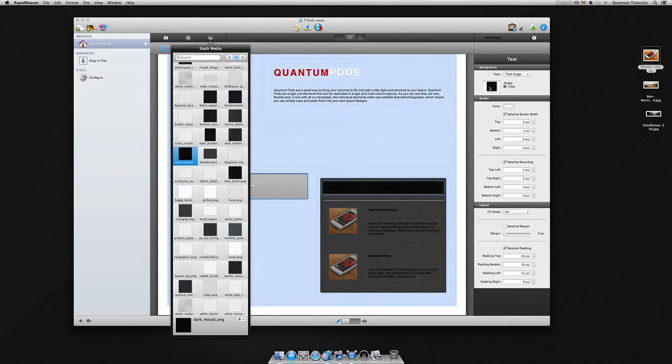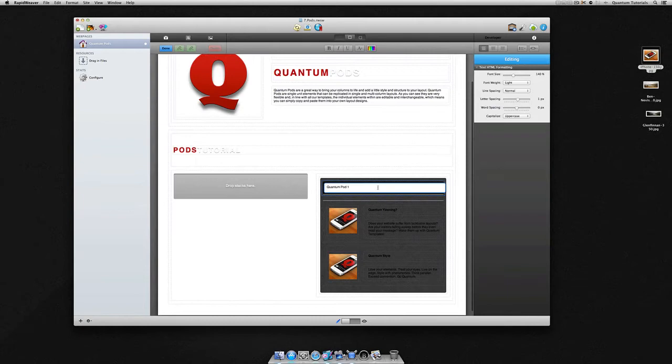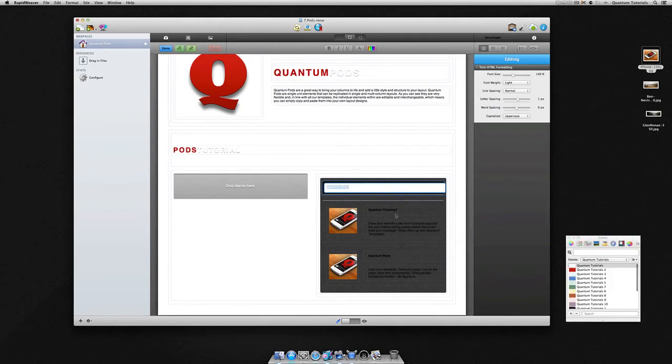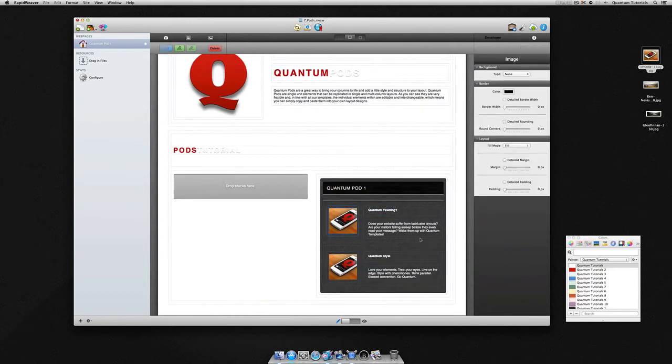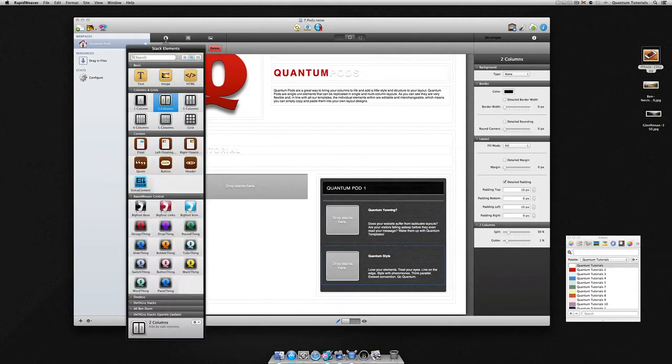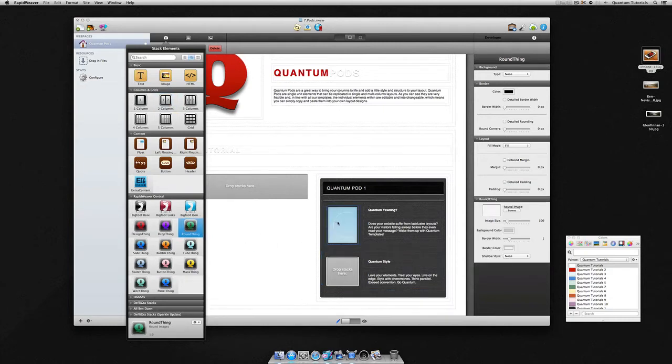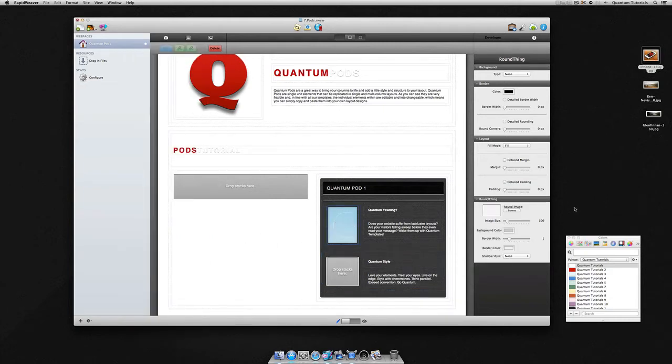We'll add a bit of contrast, color the text white, and we'll do the same for all the other text. Say we don't want a square image here, say we'd rather have a round one, then you can simply delete. And now we can just drag in a round thing stack into the well there and add our image